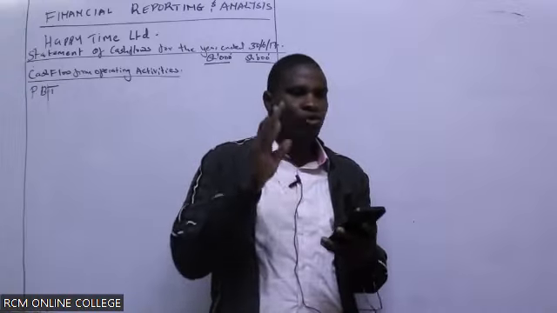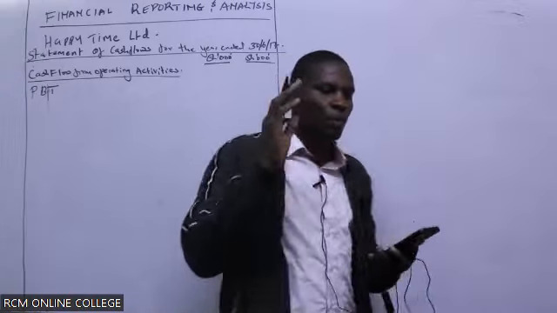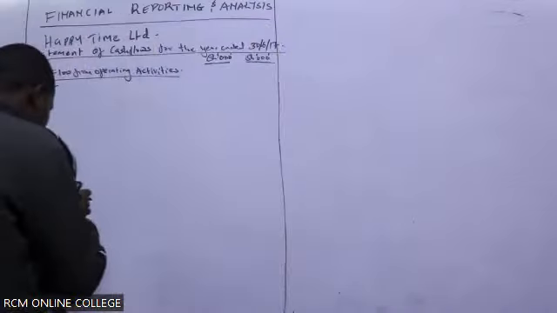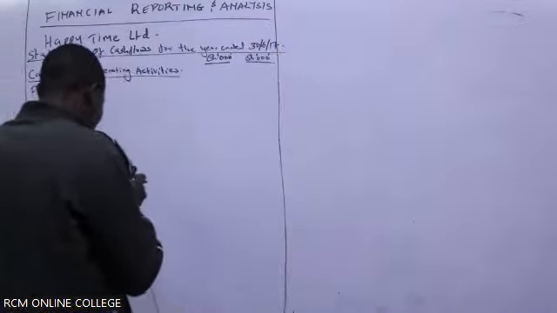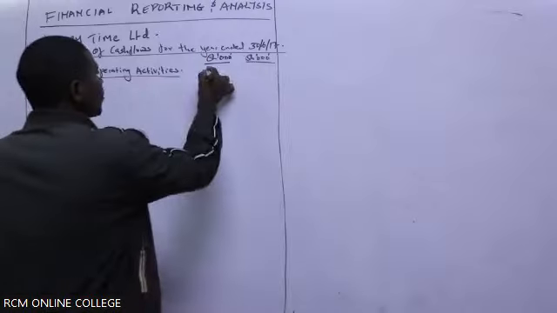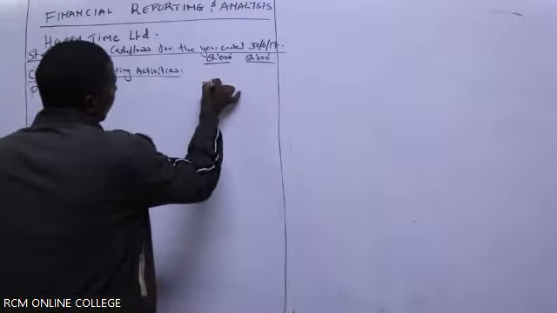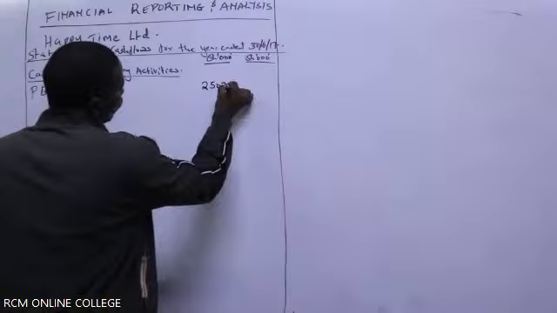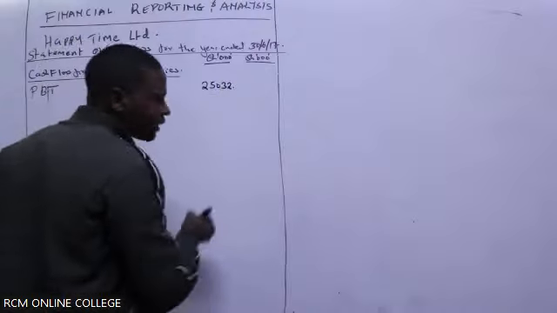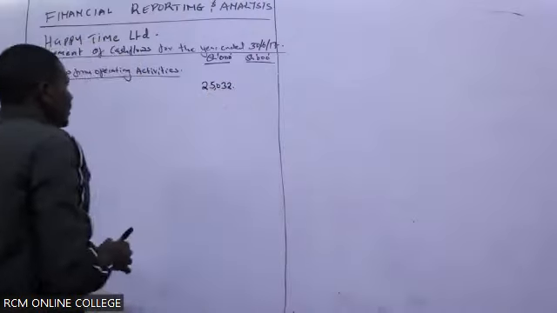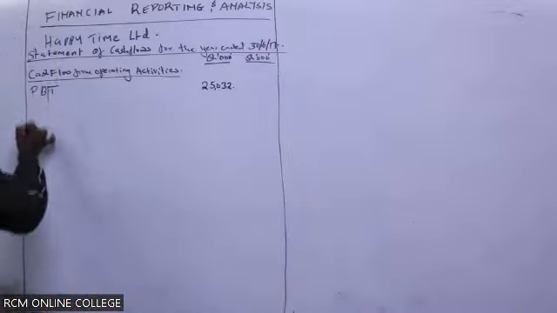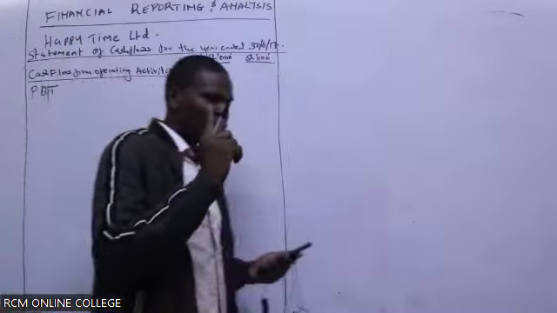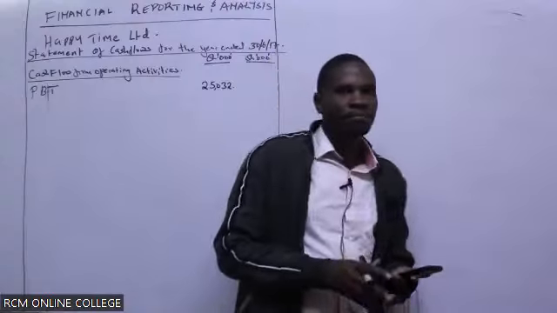Jane has given me 25,032. Do you people agree that profit before tax is just a free mark of 25,032? Yes, I can see people are in agreement. Then we go to, maybe before we move to the next part,